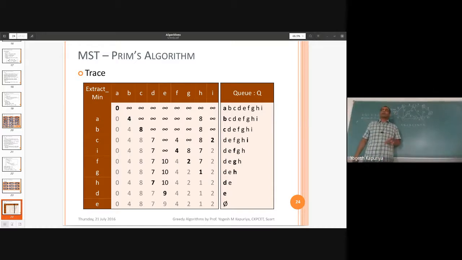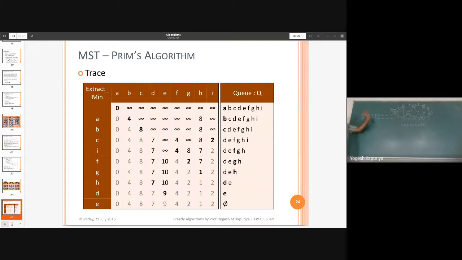That means now you will check all the adjacent vertices of A. In other words, you can say you will make a cut across A. What you are doing, you are making a cut across A. That means now you are actually looking into every adjacent vertex of A. That means you will simply see how many edges are connected to A. So how many edges over here? 2, right? So that means now you have to loop over all the adjacent vertices of A. There are 2 such vertices.